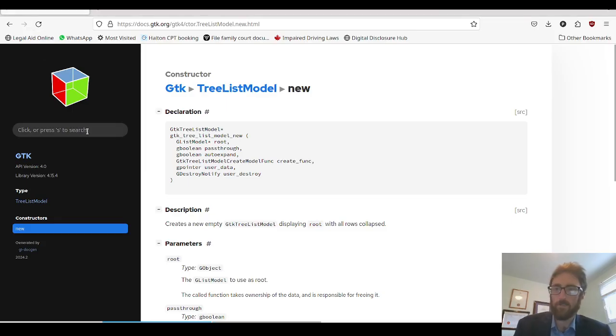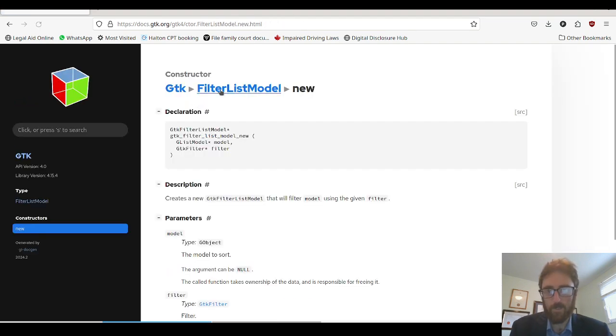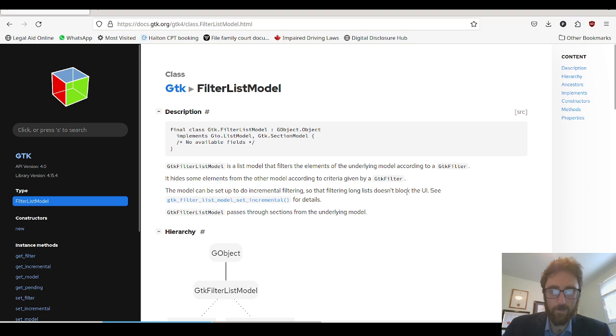So, for example, here, filter list model, to get a little more information on that particular object type, and now it's going to tell you that it's a list model that filters the elements of the underlying model according to a filter,